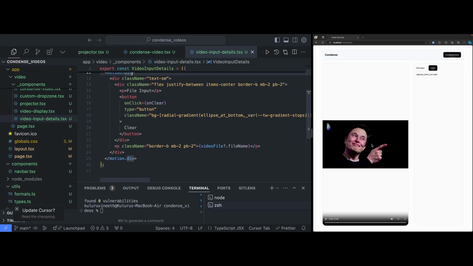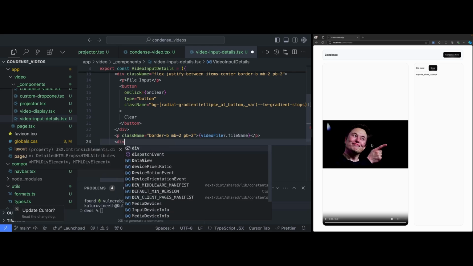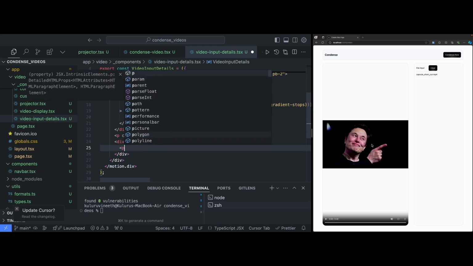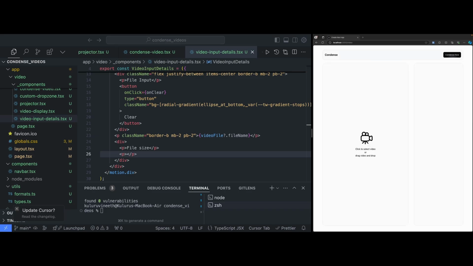That we will take care of, that shouldn't be a problem. Okay, fine. After this I'm going to add in a div which showcases the size of the file. So here the file size, and here we need to show it in a better human readable way. So I need to convert the bytes, whatever I receive for the file, into a readable format,